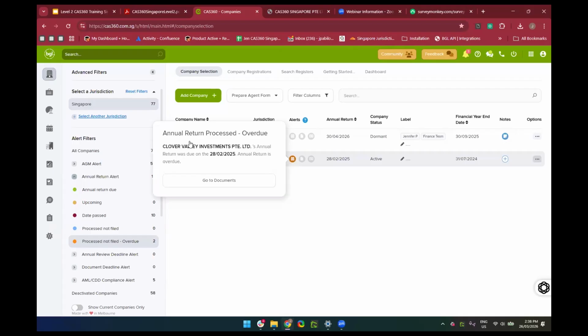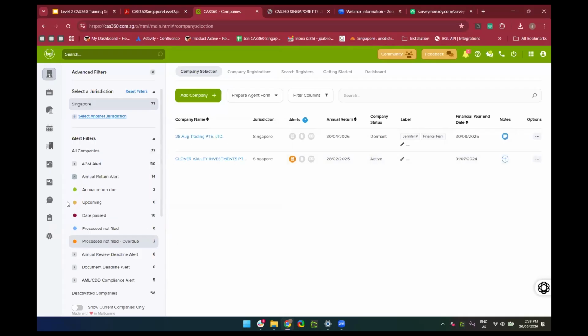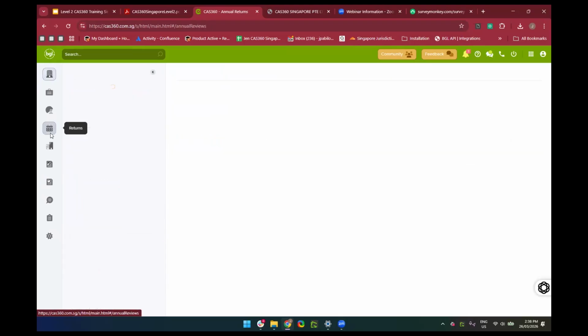Now, sometimes it will show you, why is it still overdue? I've already filed this for the company. So a good practice is that when it still shows as process not filed and process not filed overdue, it's past, which means past your annual return AGM filing. If you know that this company is, by right, already filed, you can simply go to the returns,